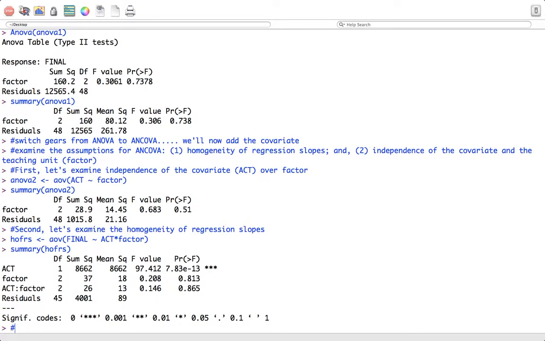So we can say that since our p-value for the interaction, which is 0.865, is not lower than our threshold of 0.05, I've never figured out what's so holy about 0.05. Why not 0.049 or 0.051? But 0.05 is the industry standard, so we'll be consistent. And that's why, when we get into effect size and power, that makes things a little bit more legitimate. So since our p-value is not lower than 0.05, we can assume